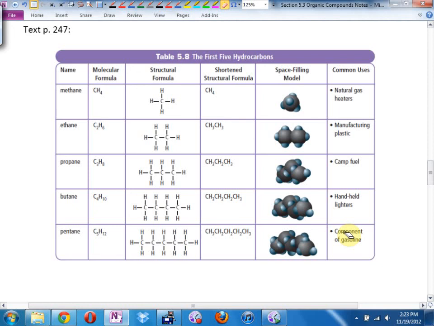Now here's the first pattern I want you to notice. Can you see any kind of a relationship between the number of carbons and the number of hydrogens? Can you spot a pattern? In other words, could you guess what C6 would go with? H what? 14. Convince me. The 4, 6, 8. What if I told you what would C10 go with, so I didn't let you fill in the rest of them? Can you find a way to get there directly? What?